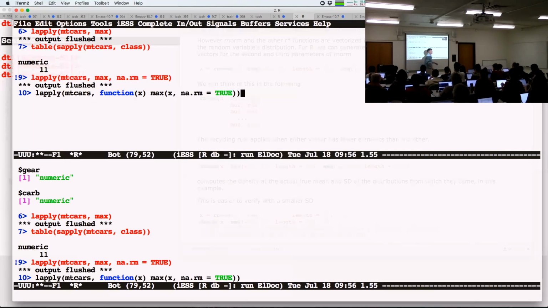What's the input? It's going to get called 3 times. Well, in my case, it's going to get called 11 times, with each vector that's in the data frame. That's going to be the x. And it now says, okay, call max with that value. Oh, and by the way, add these arguments. These two are identical. They're just a much longer way of writing the same thing.